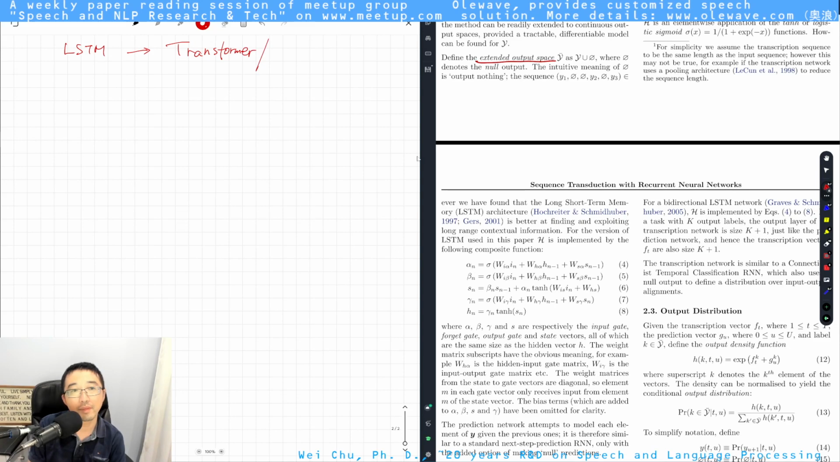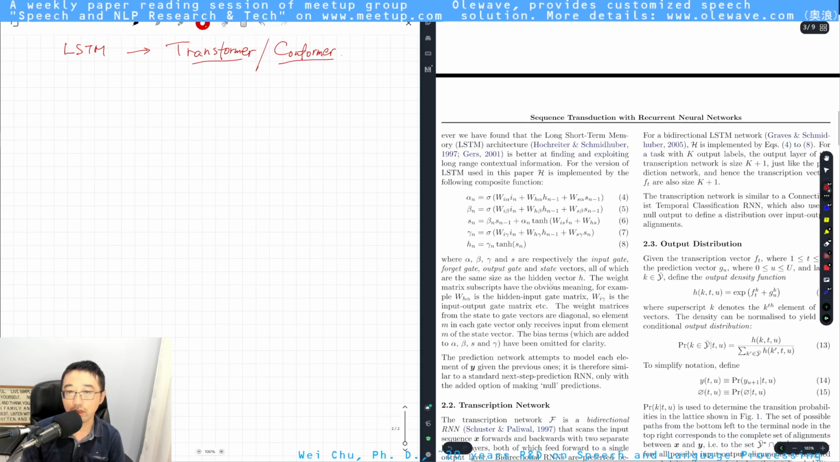And what is even better is the conformer for speech. I do have a paper reading on the conformer and the transformer. Feel free to search these two keywords in my video list. You will find them. So I will not go into the details of LSTM, but all you have to remember is that